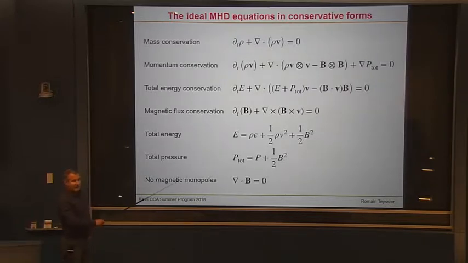This line here, right? You need to make sure that you don't have magnetic monopoles in your solution. It's also called the divergence-free constraint for the magnetic field. This basically comes from the nature of the magnetic field, from Maxwell's equations. And you have to preserve this in your numerical solution. Okay? And so that's the main difficulty here.